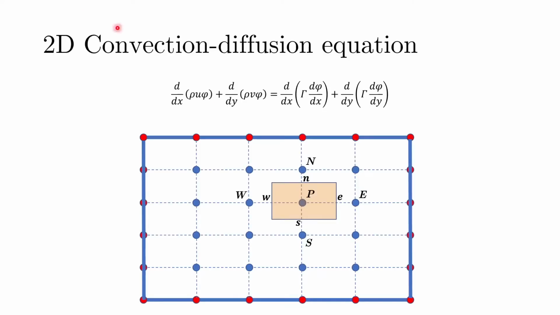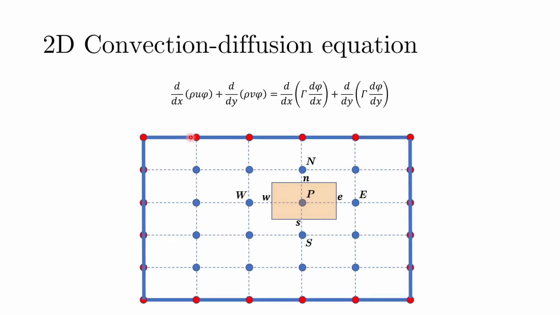So let us start by first looking at a very brief recap of the 2D convection diffusion governing equations and the grids, etc. Let us say we have a variable of interest phi, and the variable is in a flow field which exhibits both convection and diffusion properties. We can write the governing equation in this particular form for a Cartesian system where x and y are the independent spatial coordinates. If we have such a system, then we saw that we can define a grid like this for any domain that is 2D in shape or nature.